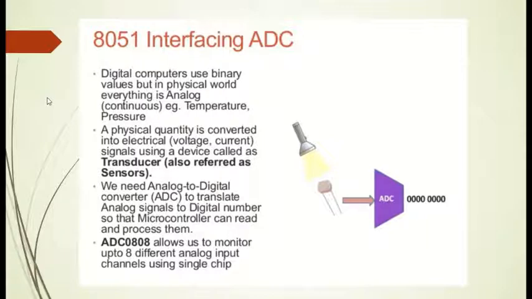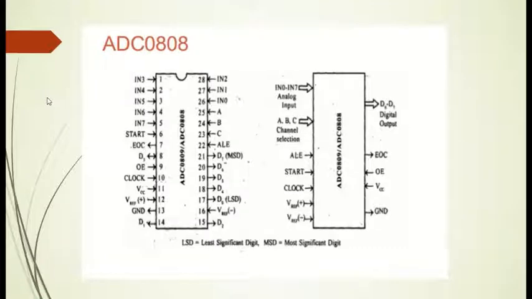What is the necessity of analog to digital converters? Sometimes all the input cannot be in digital form, right? A microcontroller can read only digital form. So in that case, the analog inputs have to be converted into digital form so that the microcontroller can read and process some operations on it. So here we are going to see about a converter, the 0808 IC. This IC we are going to consider today to connect to your microcontroller.